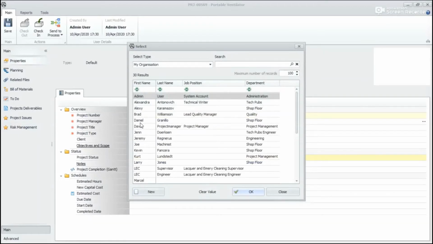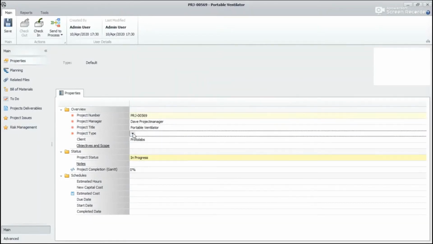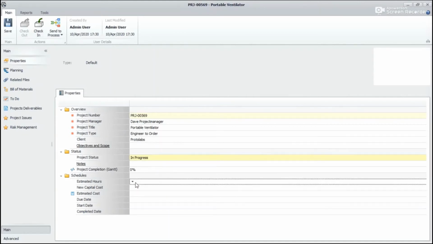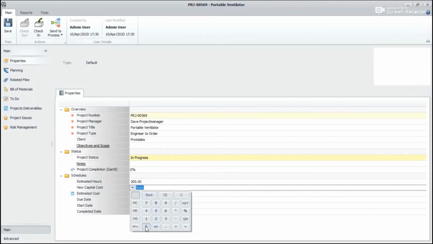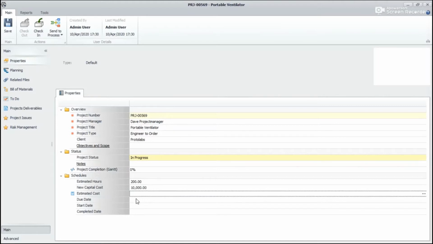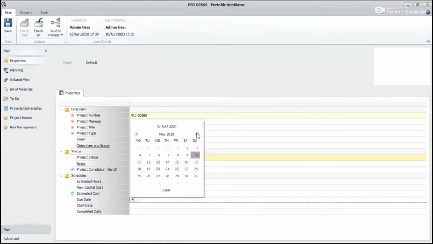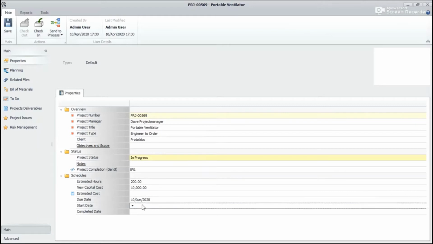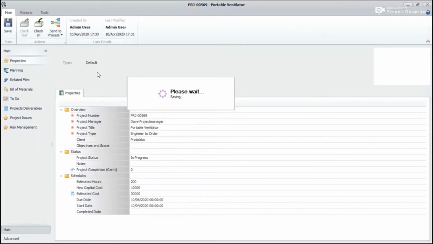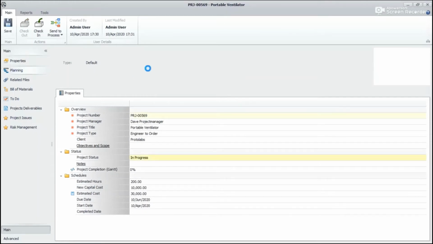He'll choose the project manager, project type, and mention all the estimated tasks, capital cost, due date, and start date. So once this is done, he'll click on save, and the next step will be the project planning.